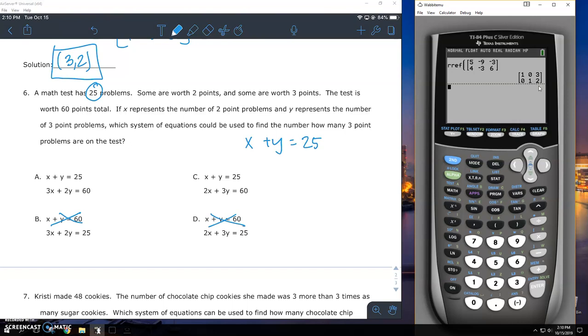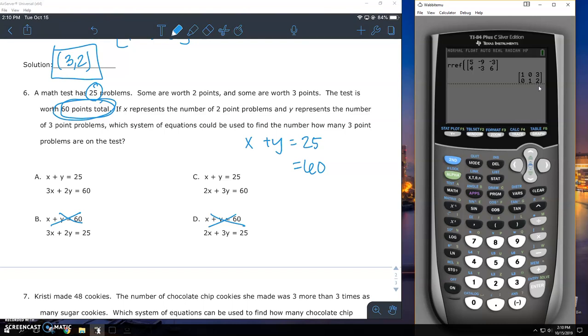Now I'm going to go ahead and keep going, okay? And the next total that I have is 60 points. So that's the total points possible. And so some are worth 2 points and some are worth 3 points. So I need to figure out if x is worth 2 or if